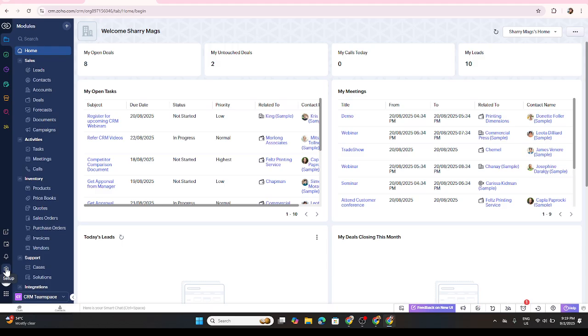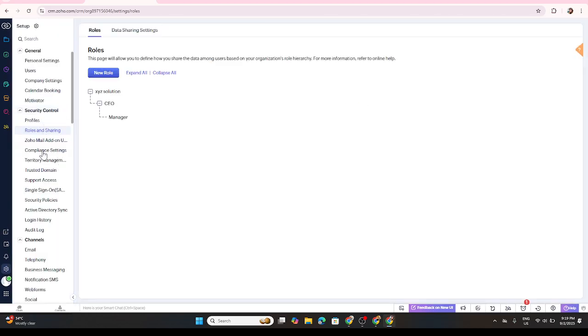Once you've located and clicked the Setup tab, the next step is to move to Roles and Sharing. This is where you'll begin the process of managing who's who in your CRM. Your organizational structure and the way you grant access can massively affect productivity and collaboration, so let's make sure this